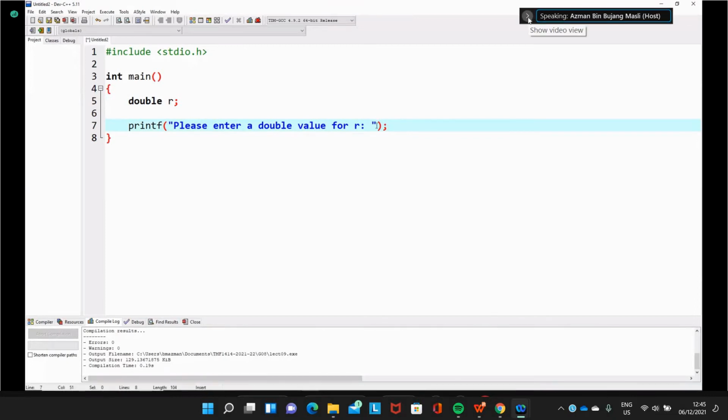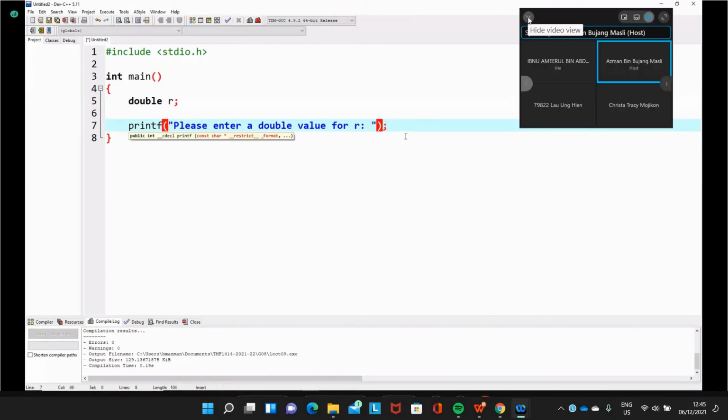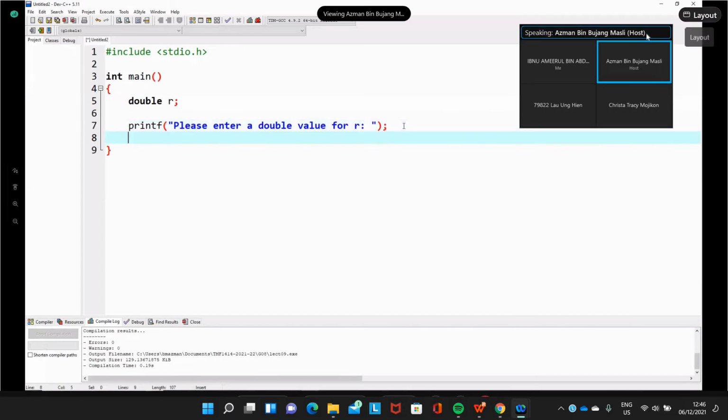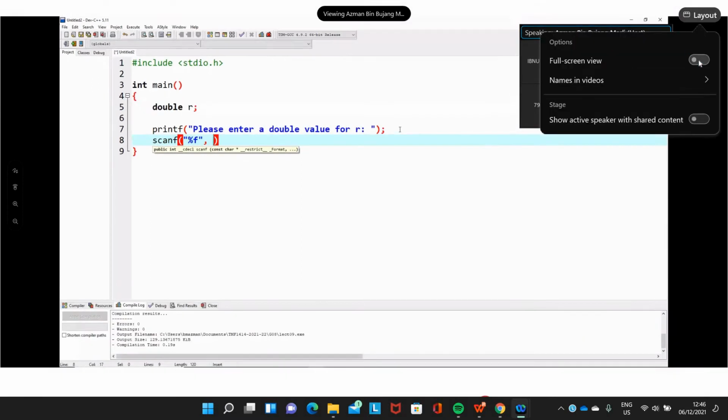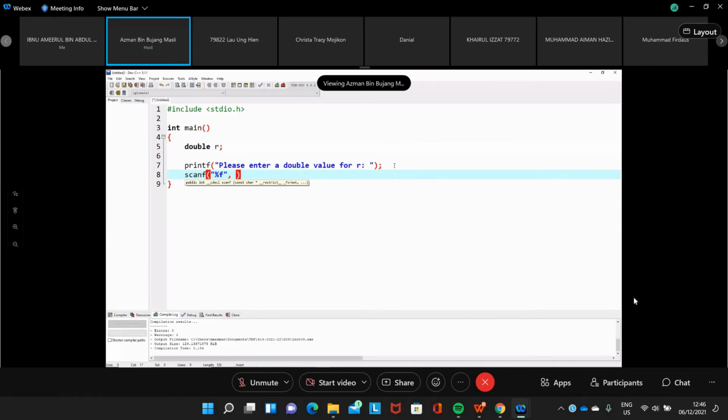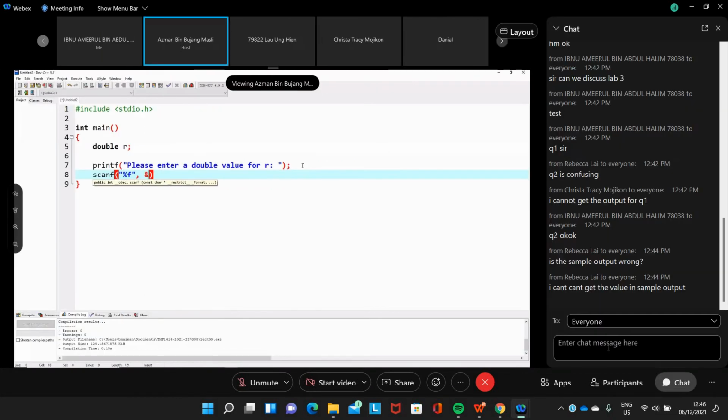This one we will scanf. Is it %f or %lf? %lf. Later on we'll see; if there is an error, we just fix it. This is R.